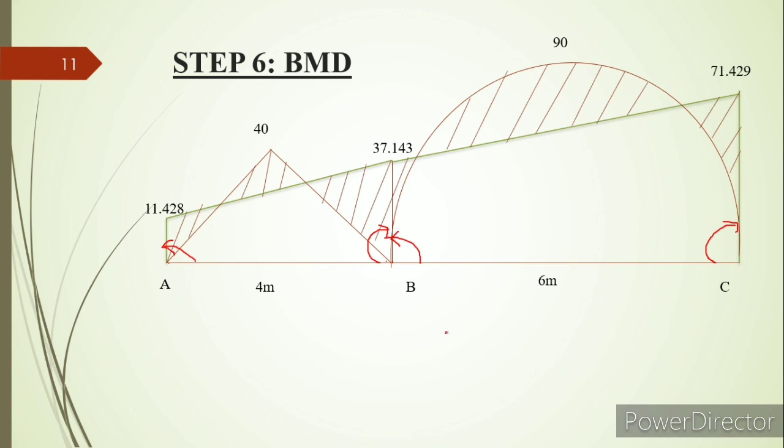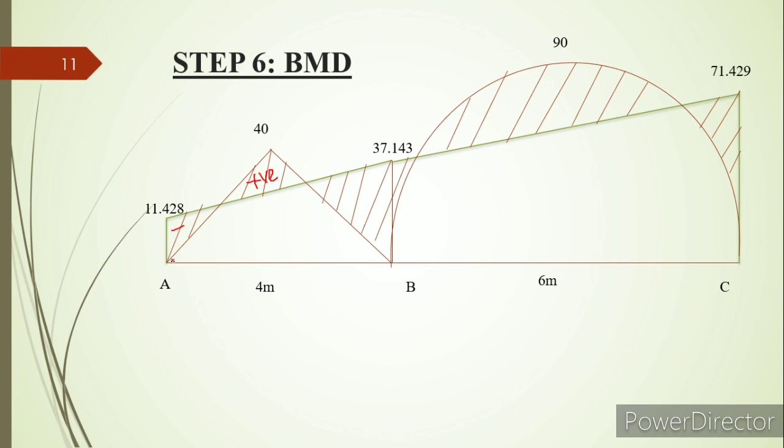Then sketch and mark all these portions. Here in this portion the value of moment will be negative, and due to the external load the value of bending moment will be positive. So here in these small portions the value of bending moment will be negative, because the portion above this line will be positive moment and the portion below this line will be negative. So in this section only the negative moment will be there. In this section only the positive moment will be there.